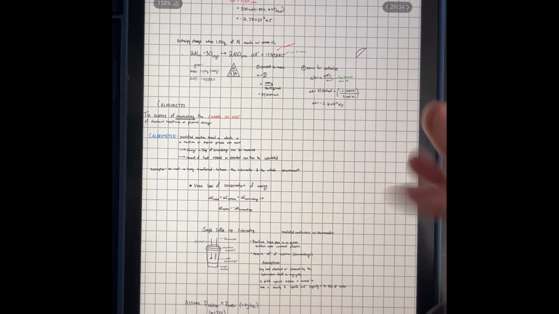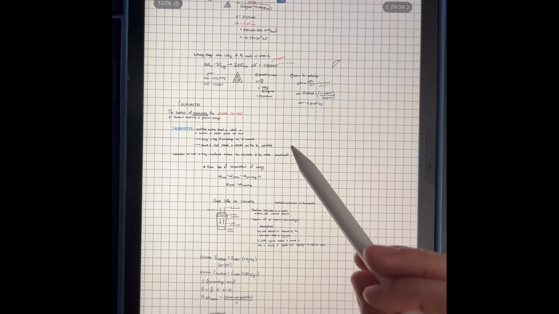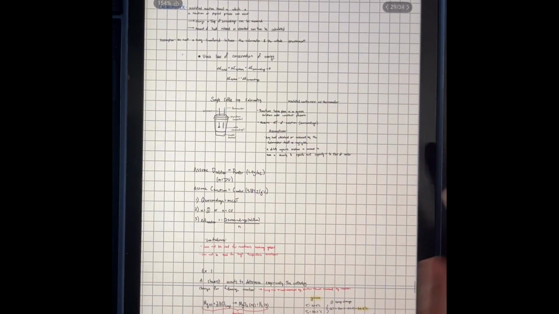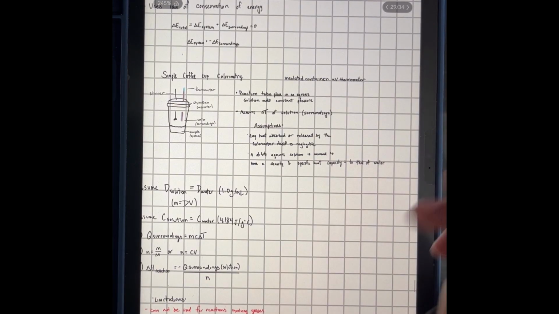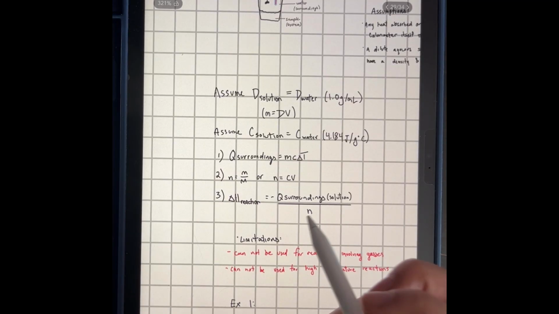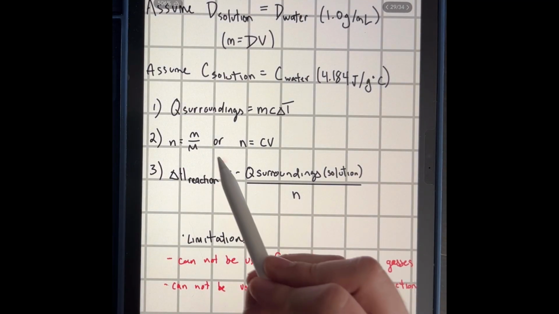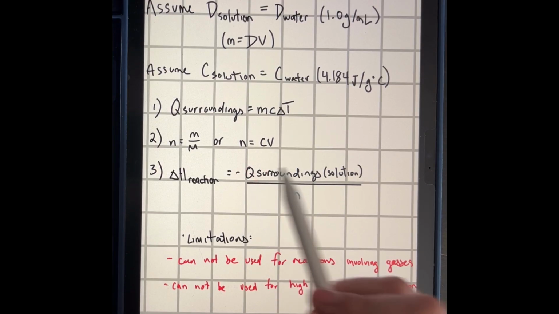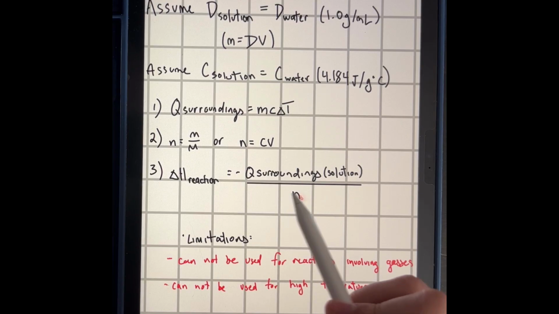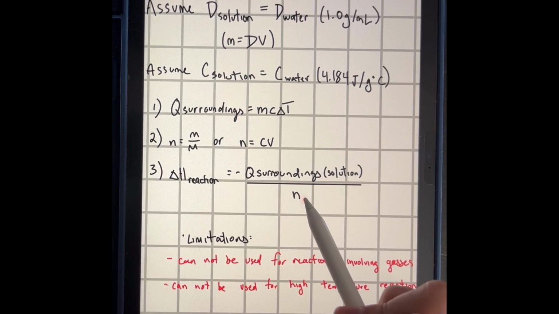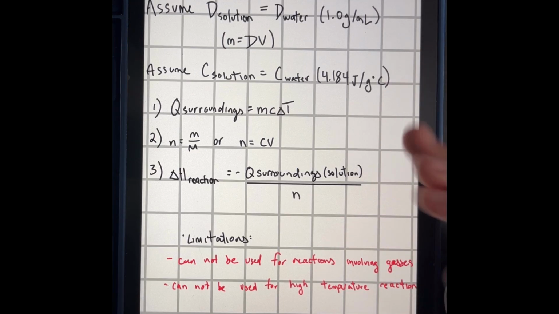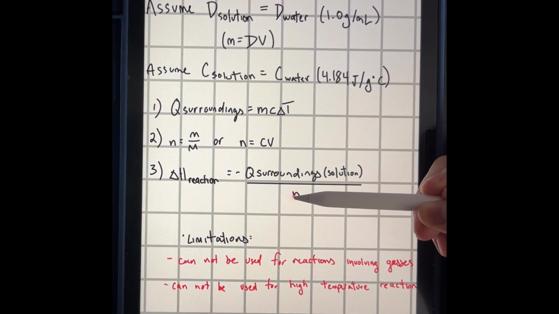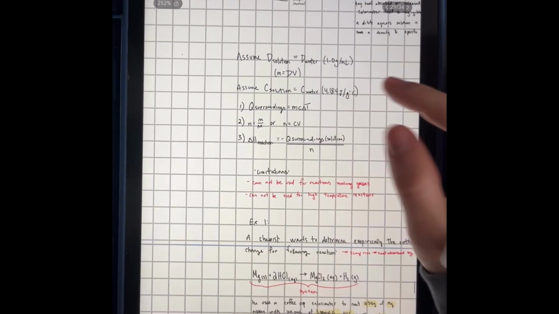So basically in calorimetry, you want to get the heat of the surroundings, and then where's my nice equation? It's delta H is equal to negative Q surroundings over n. So to find the enthalpy of the reaction, you take the negative of the heat of the surroundings over the moles of the system that you're looking for. If you have a system with two or more compounds, you need to look for the limiting reagent, the one that gets used up the fastest. Okay,